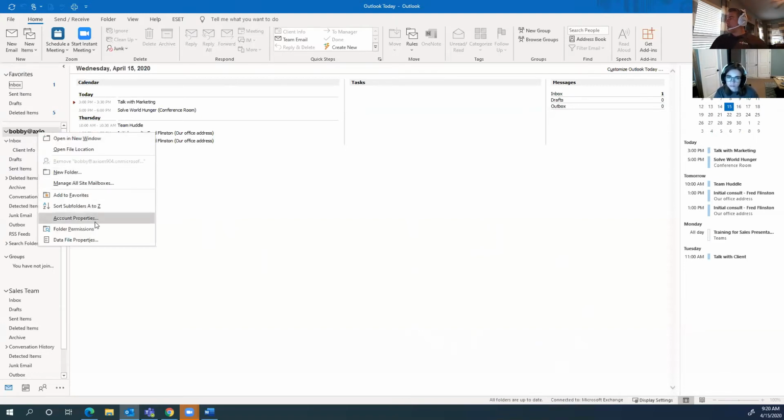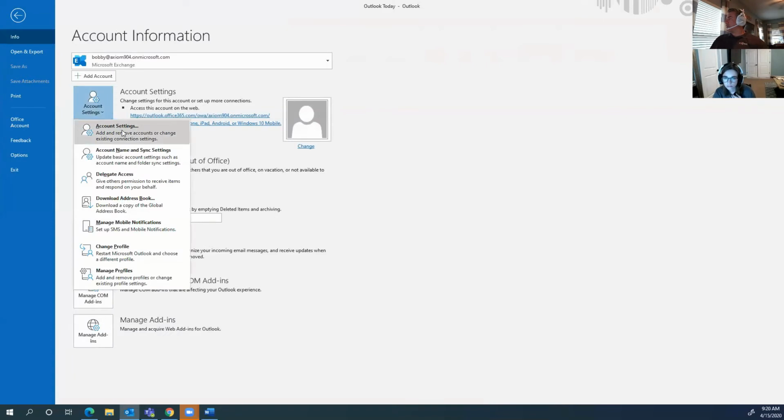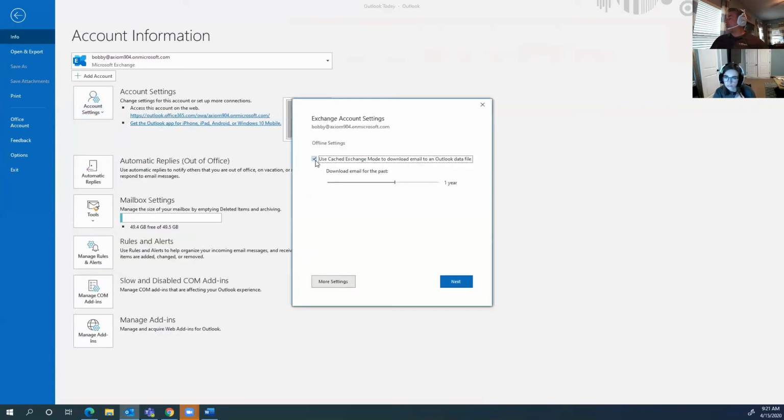Now, if you notice, there's an option that you can turn caching off. I do not recommend that you do that. If you really want to get to work right away and not have it pull down anything, you can just turn it off. The problem with that is, as users are clicking on mail messages, you have to wait for everything you click on to go get it from 365 and pull it down.